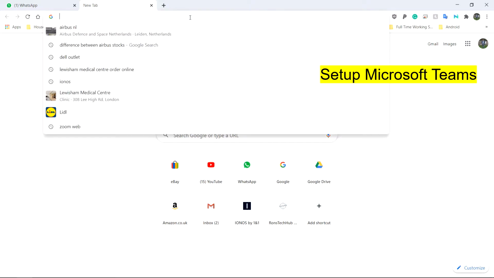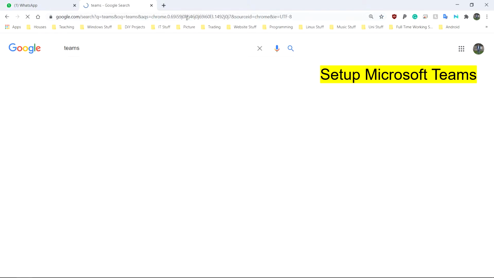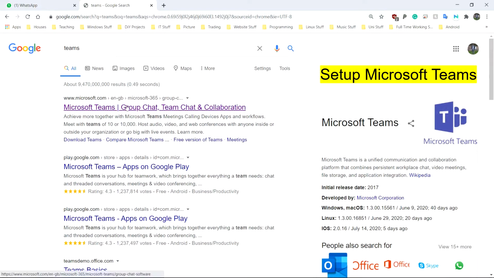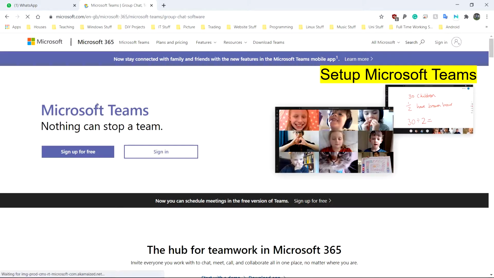So from my web browser here, this is Google Chrome, I'm simply going to type in Teams. That's going to take me to the Microsoft website here. I'm going to click on that, and from here I'm going to choose sign up for free. If you already have a Microsoft account, you go to sign in and you follow the steps through. If you don't have one, like myself, I'm going to sign up for free. I'm going to click on that,